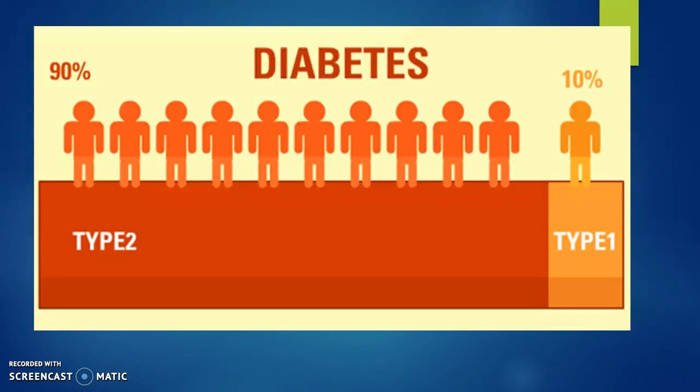Type 2 occurs in overweight and unhealthy people, and correction of their lifestyle, such as diet and exercise, can lower the insulin problem. And type 1 diabetes occurs in thin and usually young people, children. It is insulin-dependent diabetes, which is a chronic condition in which the pancreas cannot produce enough. It only produces little or no insulin, which is the hormone that is needed to allow glucose to enter to